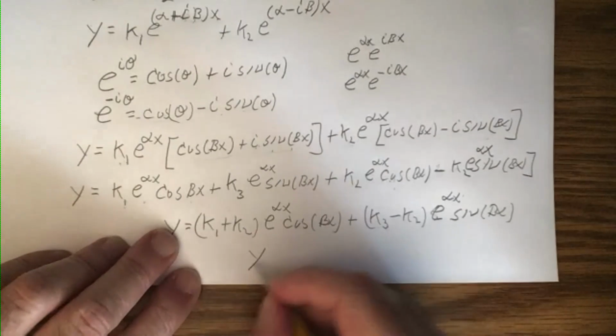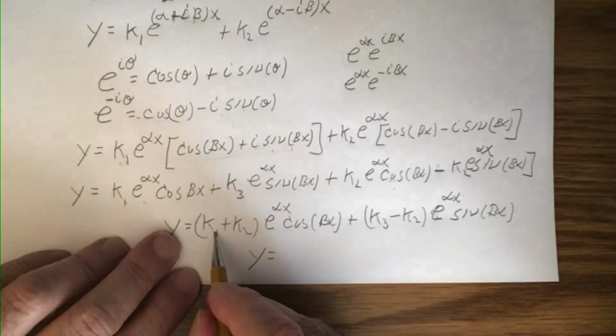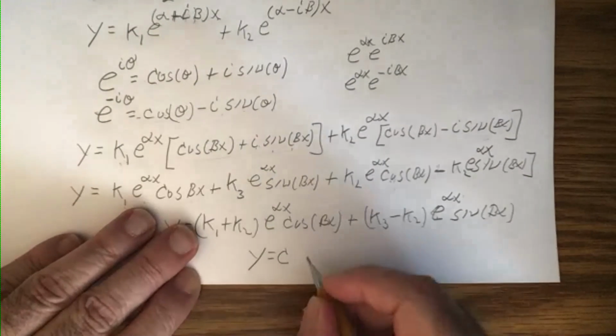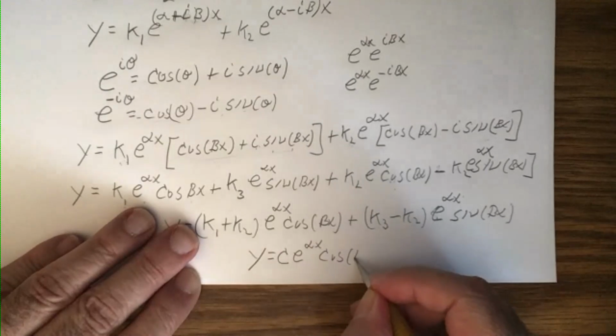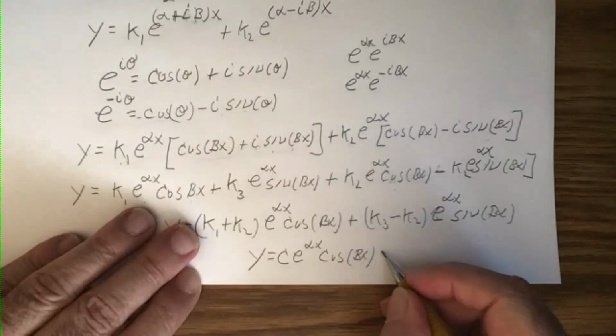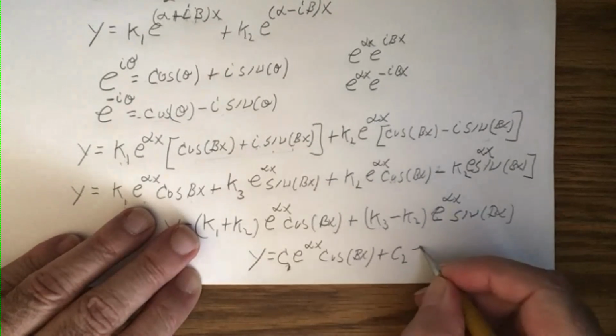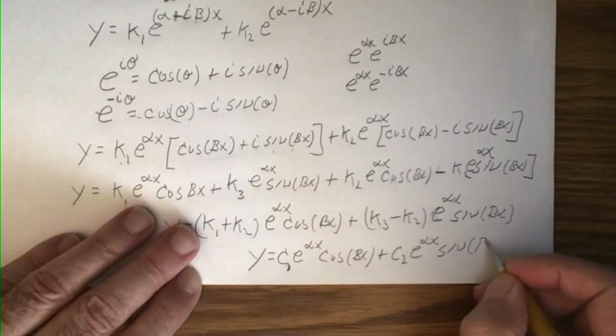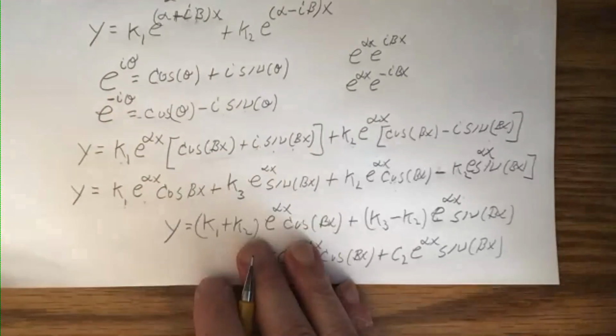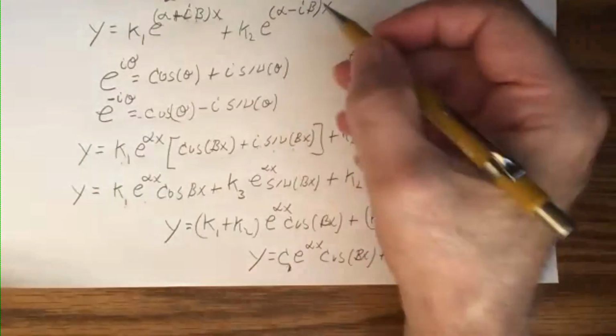Okay. All right. So now, I'm just going to write this as y. I'm going to call this k1 plus k2, I'm going to call that c1 e to the alpha x times cosine of beta x. And then this here I'm going to call c2 e to the alpha x sine of beta x. Okay, so that's showing that using Euler's formula